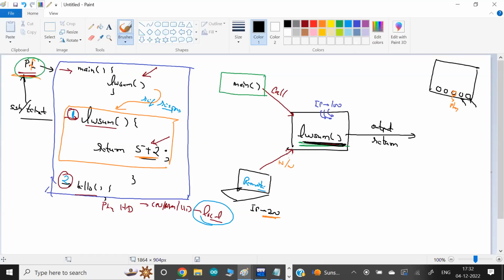But the interesting thing is that what we want to achieve is not a local call from the main function. I don't want to call locally by some other function. Main is another function here. I want to call this function remotely. That's the point. Now I'm going to focus on this part only.